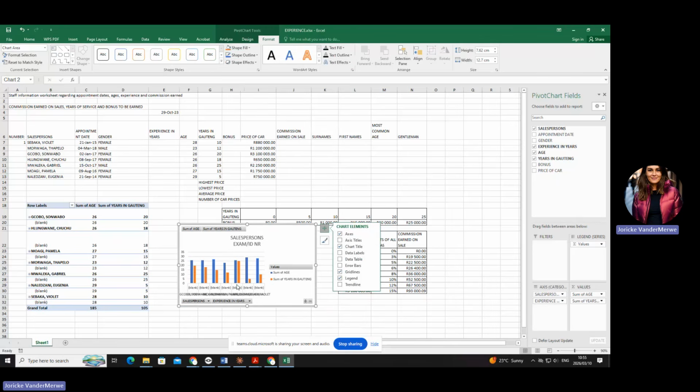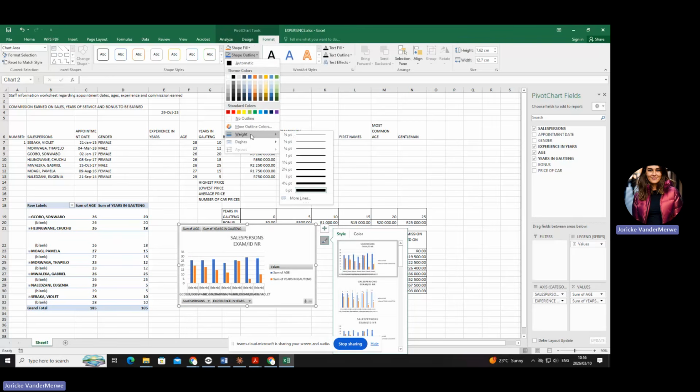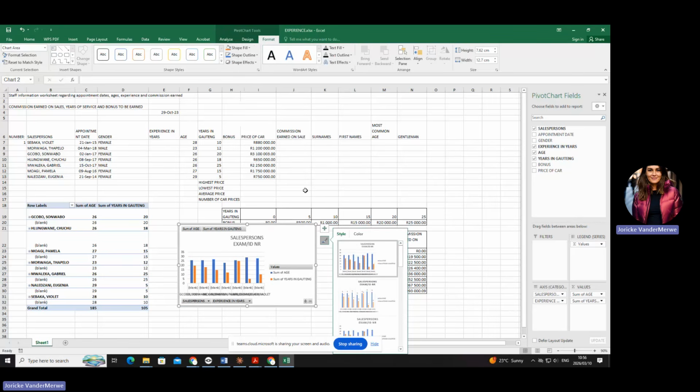Yes. Number B. Must I repeat number B? Okay. Read number B with me. Draw a thick line border around the graph. A border is a shape outline. It's not going to be under design because I'm formatting my shape. The graph is a shape. That's why I'm saying go to format and say shape outline. And choose the white to be one of the thicker lines so that the examiner can see that it's a thick line. Are you with me, darlings?